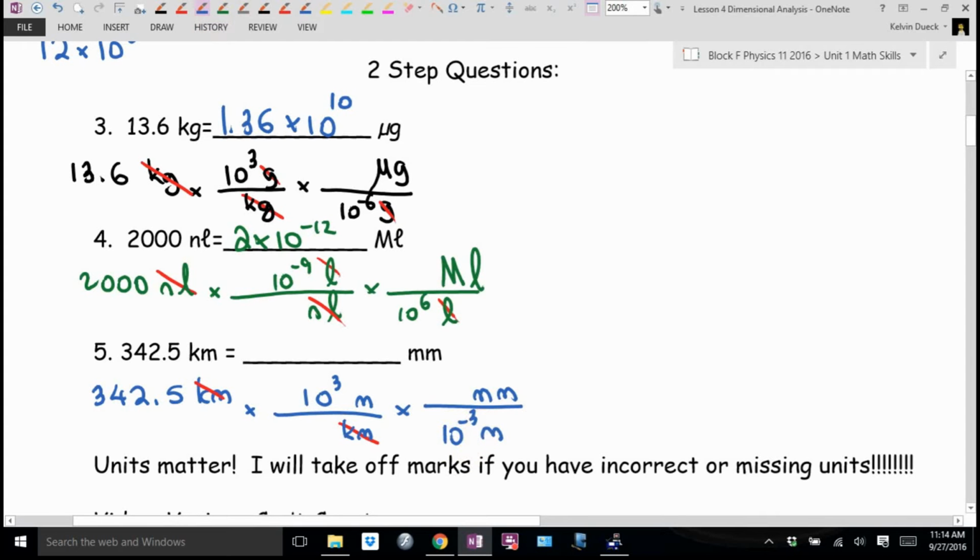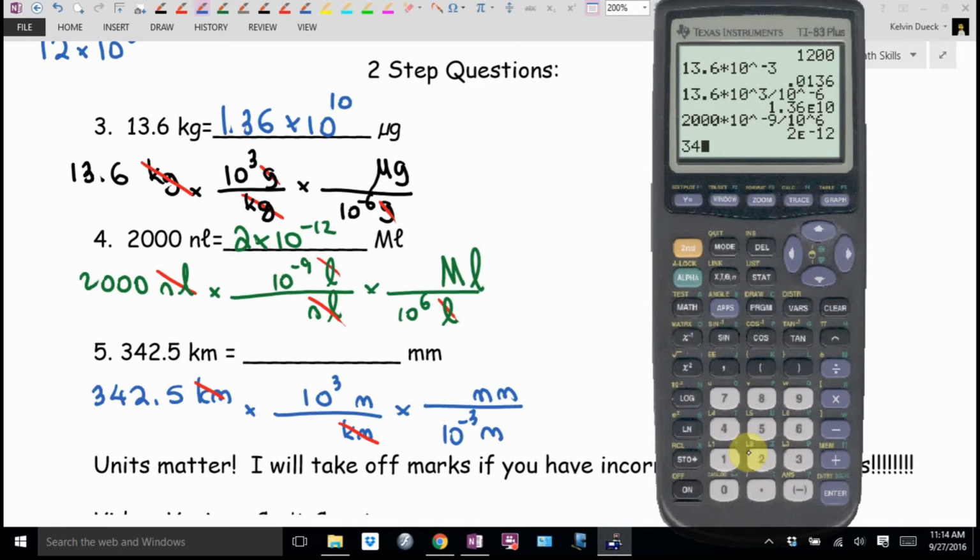So on my calculator, I'm going to go 342.5 times 10 to the 3rd divided by 10 to the negative 3. And once I write it out like that, by the way, you get good at this. It takes you about 1 second to write out the chain, and it gets rid of, do I divide or do I times? It's in the question, in your solution. Is that okay, Jordan? Times 10 to the 3 divided by 10 to the negative 3. And I get,